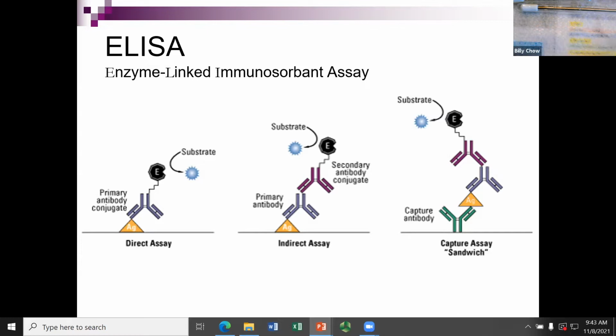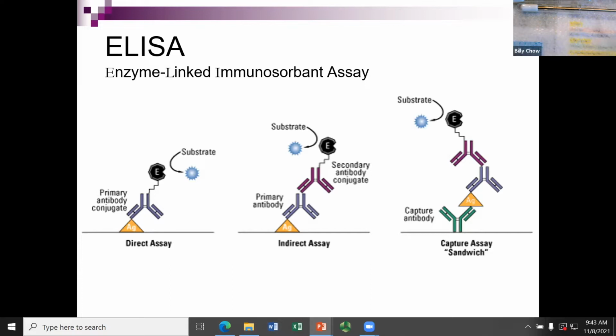And in your example, like the pregnancy test that I talked about in the last lecture, it is commercial, it is business. So they can mass produce a huge amount of the color primary antibody for detection. And in that case, it is much easier to have the primary antibody conjugated with a color or enzyme. So they can use it all the time. Okay, so in that case, they can mass produce a primary antibody already conjugated with an enzyme or a color for detection purposes. But in the laboratory setting, it is much easier for me to buy all the secondary antibody,